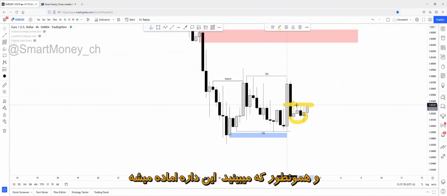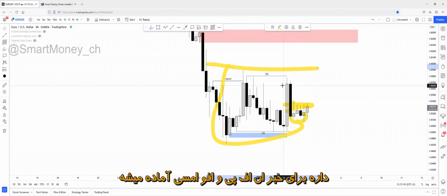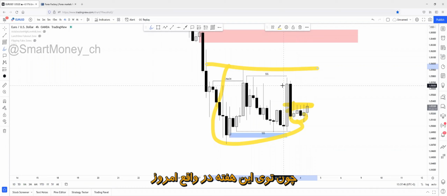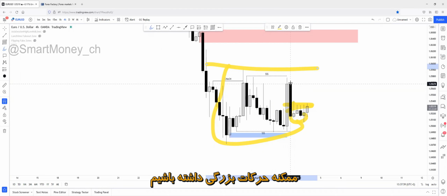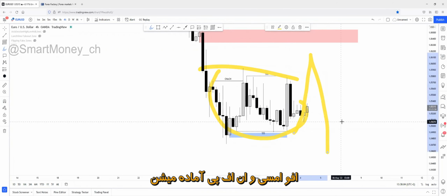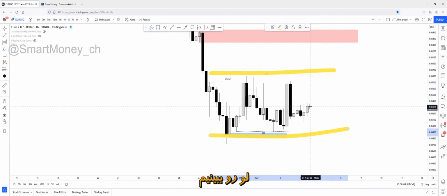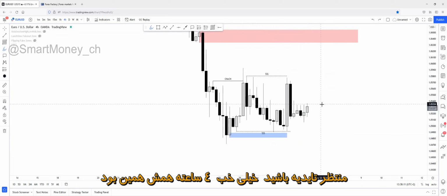All of these price action movements are preparing for NFP and FOMC, because today there will be FOMC news, which will be untradeable. I don't recommend trading 30 minutes before or after FOMC, because that will be a huge mess and cause huge impact movements. All of these ranges are preparing for the FOMC and NFP movements. This week we'll see the sweep of this low and high, but we have to wait for confirmation.